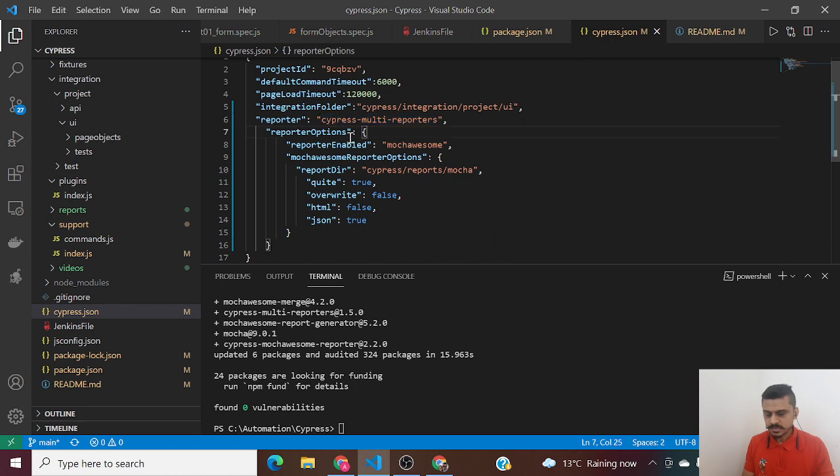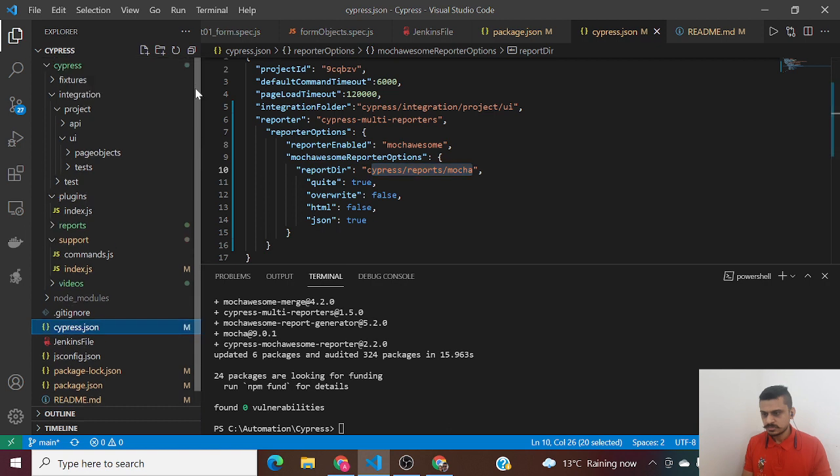Then we have some reporter options, like reporter enabled, which will be Mochawesome. And then the Mochawesome reporter options are like your report directory. For me, it's cypress/report/mocha. You can keep any directory, but I would prefer this. Inside my Cypress folder, it will create a reports folder, and within that, I'll have a mocha folder which will have this report.